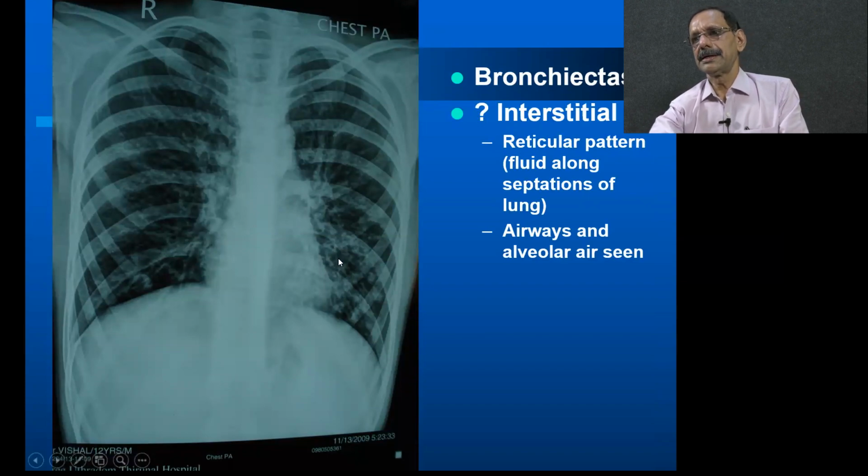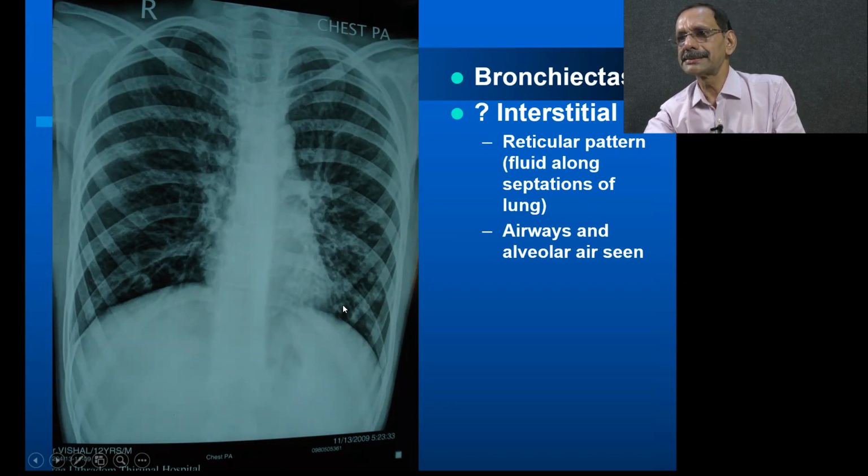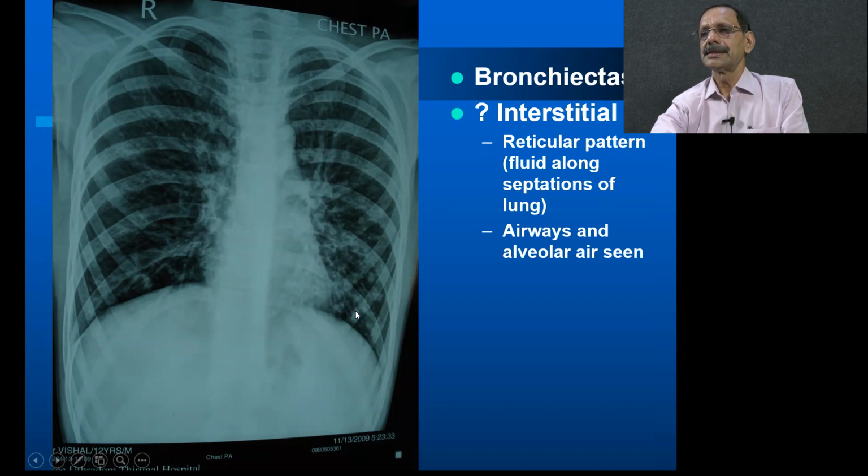This is also possibly a bronchiectasis, with many honeycomb-like areas, and you can see two parallel lines going. It could be a thickened bronchial wall. Parallel lines are seen here also. So without any history it could be bronchiectasis, but if the history is that it is a very acute onset,